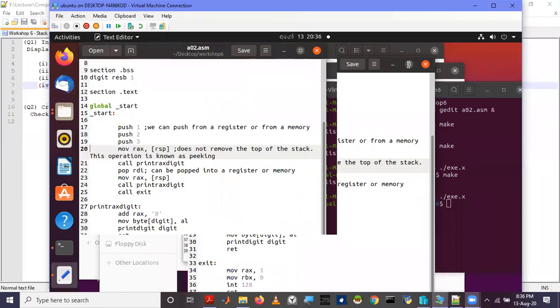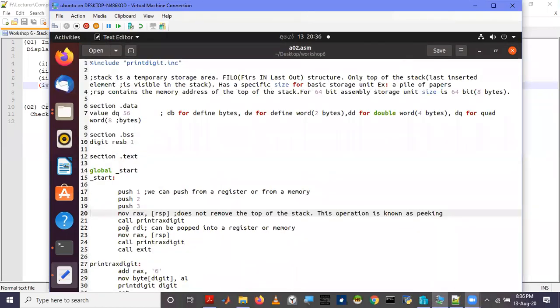Now we are asked to pop into a memory location known as variable 1. I told you this stack storage size is 64-bit, so we need to allocate 64 bits in the uninitialized data segment.